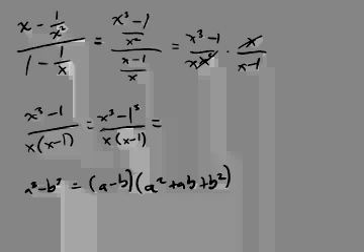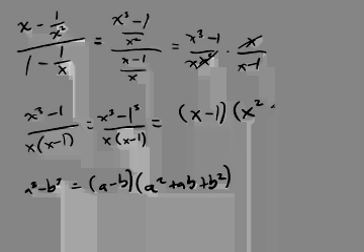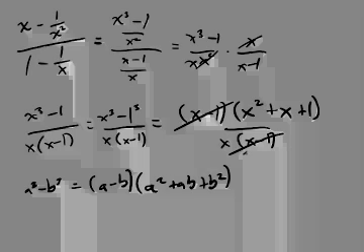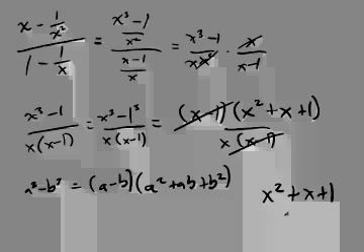So, substituting x for a and 1 for b, we can rewrite this as x minus 1 times x squared plus x plus 1 over x times x minus 1. These factors cancel, and we're left with x squared plus x plus 1 over x, which is the simplified form